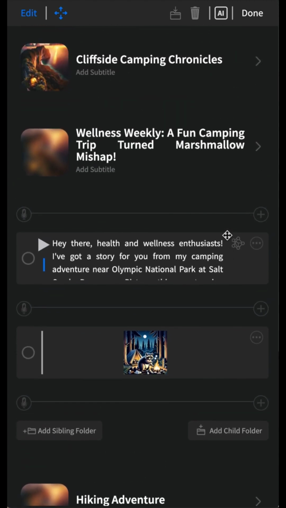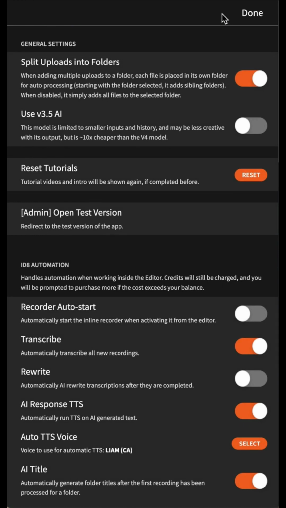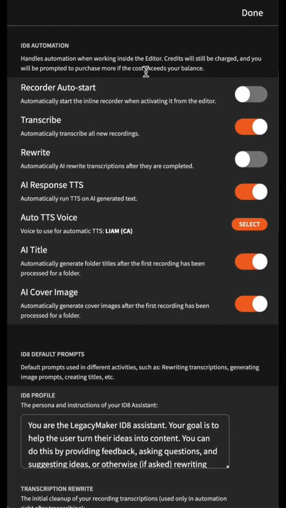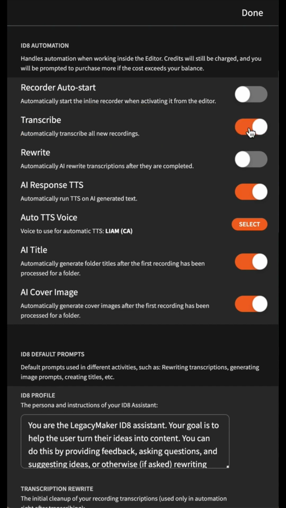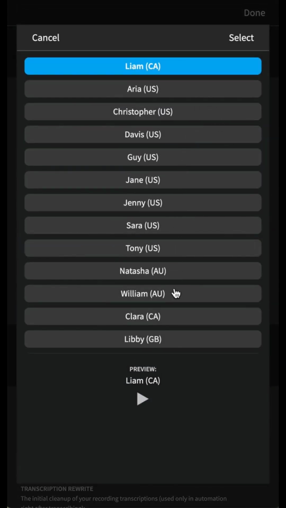So once I'm done in this rearrange mode, I can click edit at the top left, and that's going to deactivate the rearrange option. Moving over to the upper right corner, you'll see this AI button. This is where I can come in and adjust any of my app and automation settings. So at the top, we have some general settings here. If I scroll down a little bit, you'll see I have ID8 automation. So for example, if I don't want the system to automatically transcribe my recordings, I could come over here and toggle that option off. If I want to change the TTS voice that is automatically used, I can click select